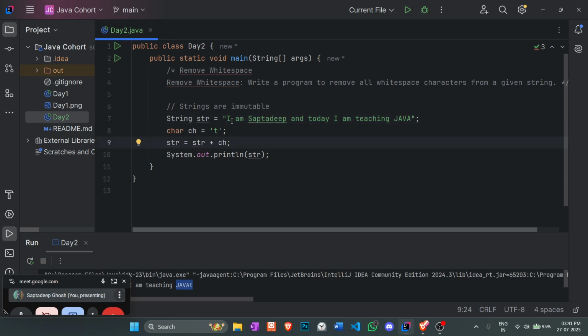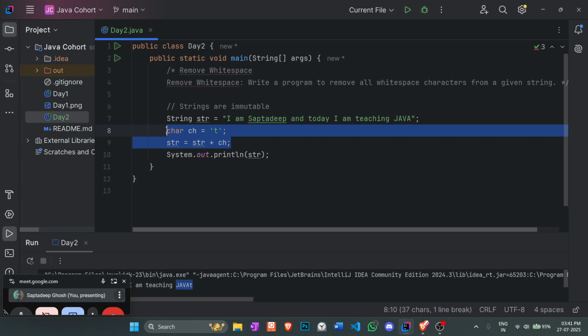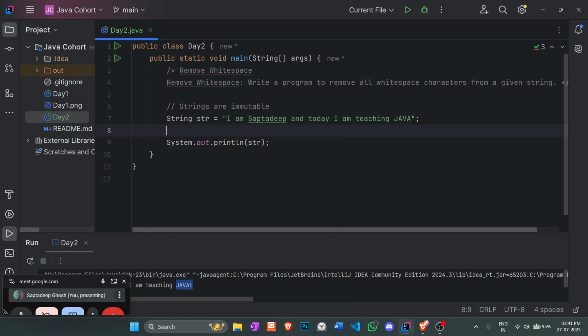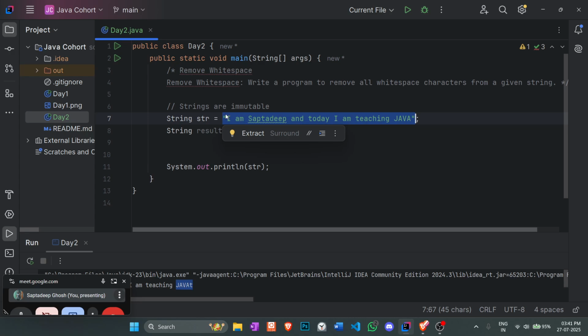So first there will be I, then there will be white space, and if we have white space, we'll just ignore it. Got it? So what we'll try to do here is, we'll have a resultant string. What do we mean by resultant string? There will be a string which will contain null, so this will contain nothing. Got it? And we will traverse this whole string